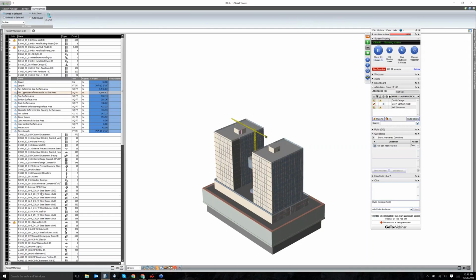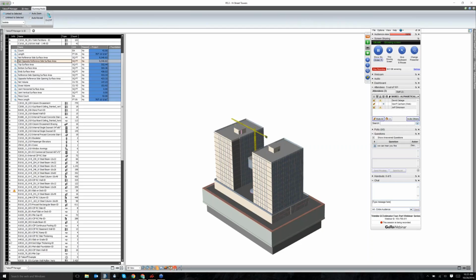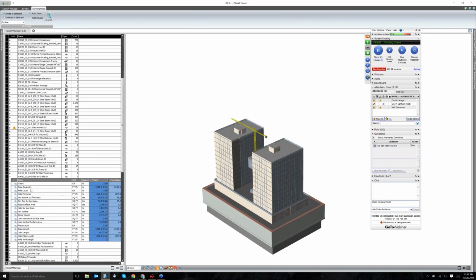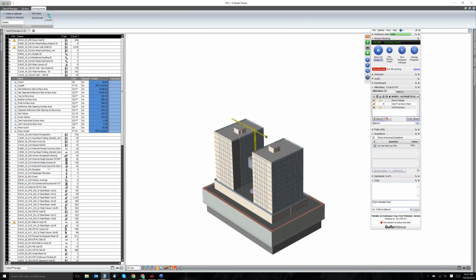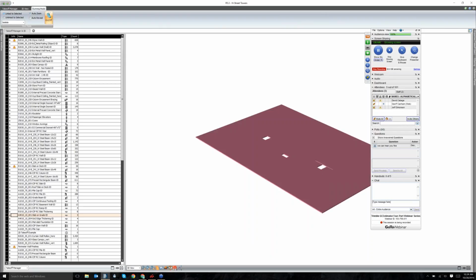If I look at, say, let's look at a slab on grade here. We can also see the edge surface area, so we know how much formwork we need. Net top surface area, edge surface area, and then we have our net volume in cubic yards, 2,000. So if we take the analysis a step further, if we activate our running mode,